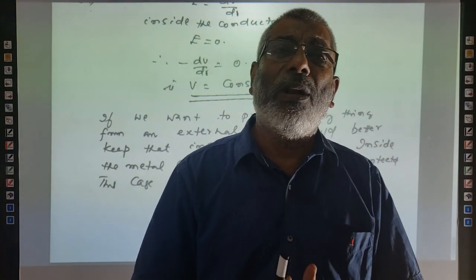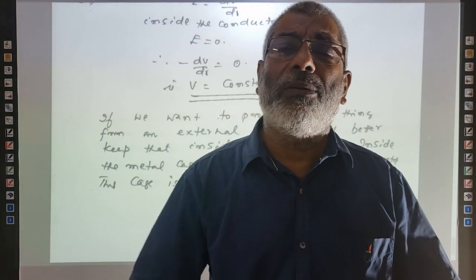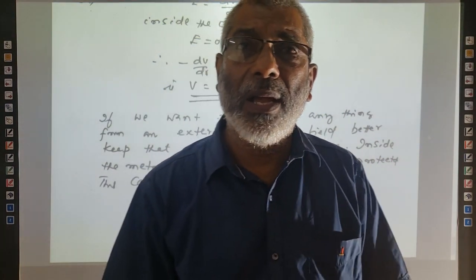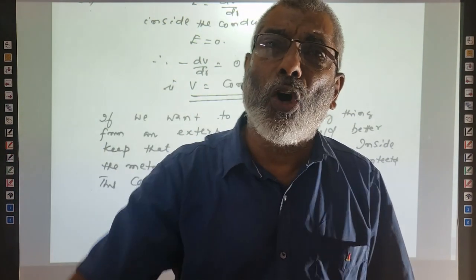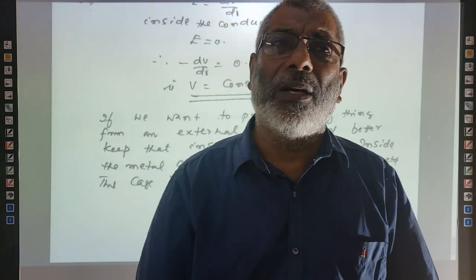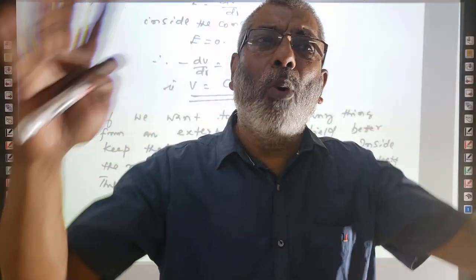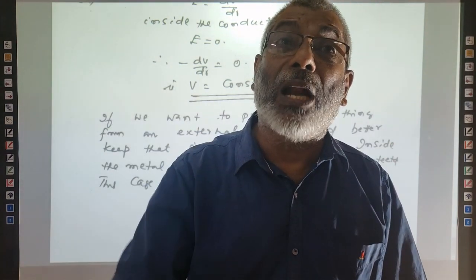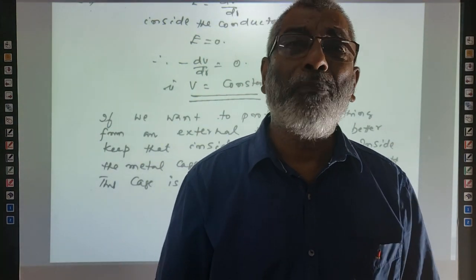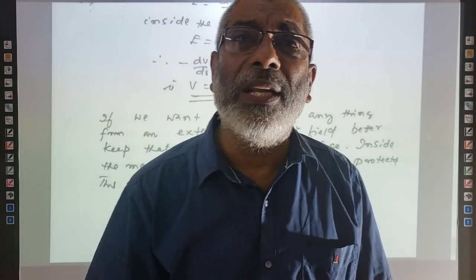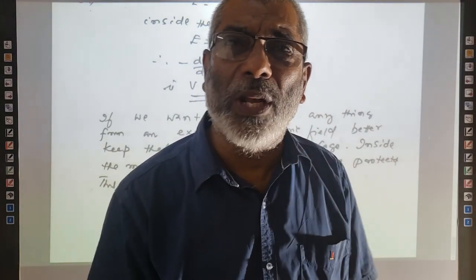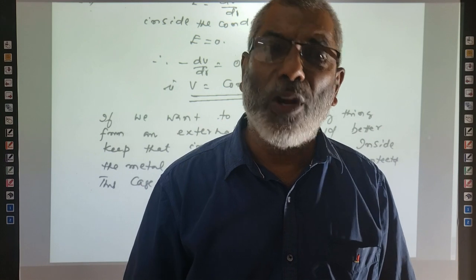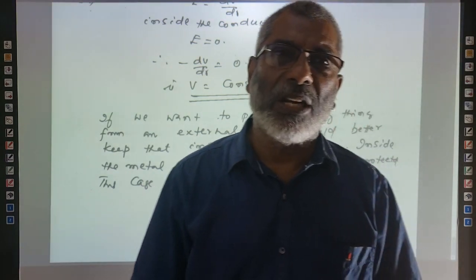That is why we say that when lightning and thunder take place, it is better to sit inside our houses or sit inside a closed car. Car is a metallic body. If a lightning stroke falls on the car's body, the body gets charged from outside, uniformly charged, but inside the car no charge will be there. You will be safe. So you should not stand underneath a tree when there is thunder and lightning. But better you sit inside a closed car, and you will not be affected by the external electric field. This is called